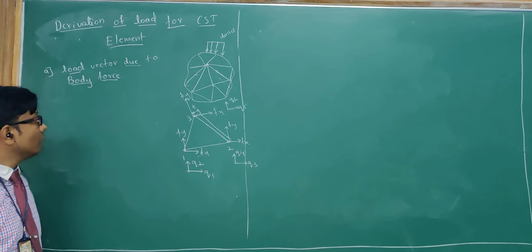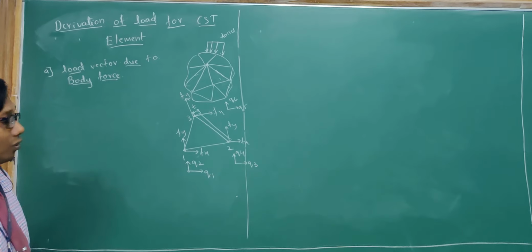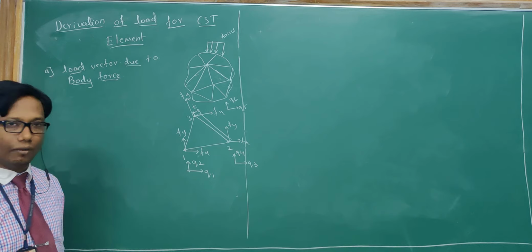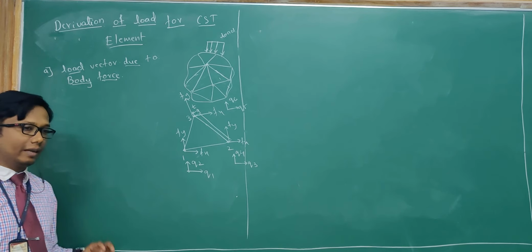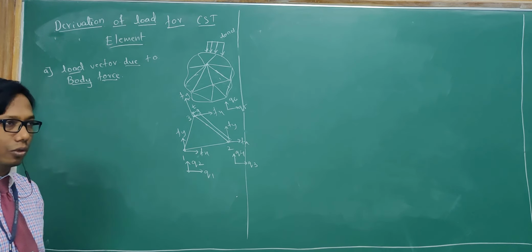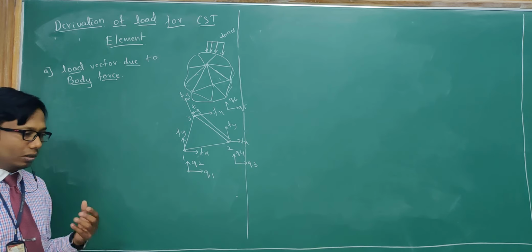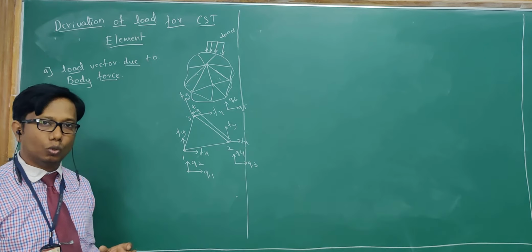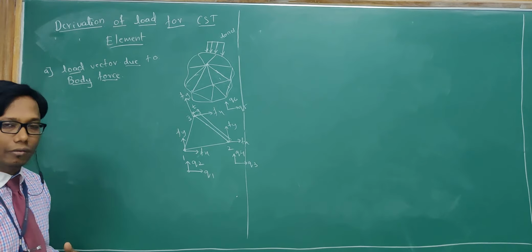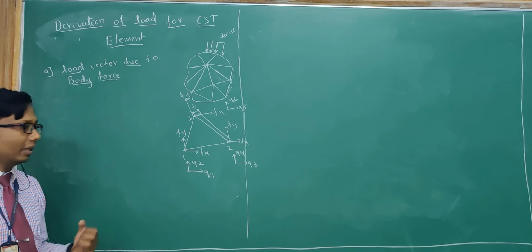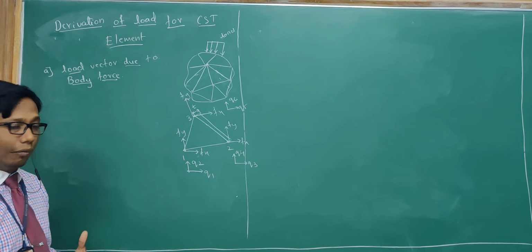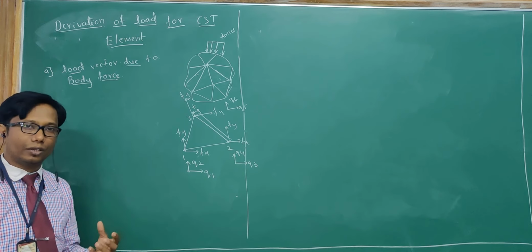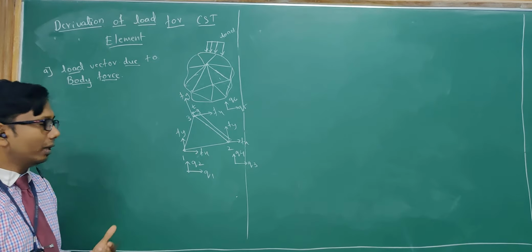That is, one is for the body force and one is for the traction force. You already know that whenever we are solving in an FEM, we cannot take directly the body force or a traction force which is acting on an element, because the basis of an FEM solution is the load has to act on the particular nodes only, so that we can find out the values of the displacement. Other than that, if it is acting directly on the element, we need to have a conversion factor for a body force or a traction force, which can be converted into equivalent nodal loads.